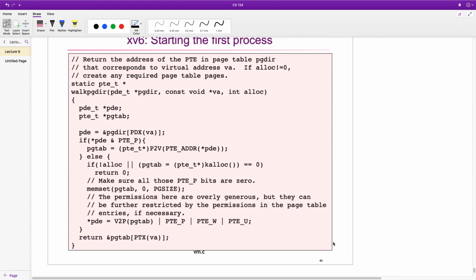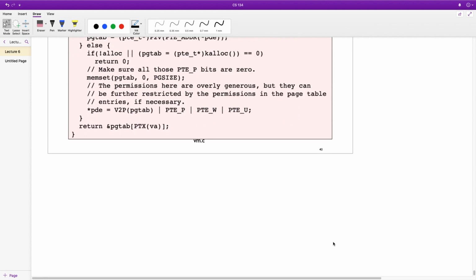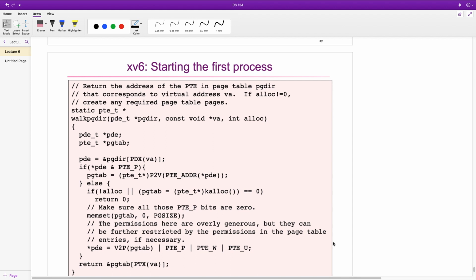And walk page dir, I'm guessing since Lab 2 is due tomorrow, most of you already wrote a walk page dir. But if not, good for you, because you only have one day to do it. So now you know. Okay. Questions on this? All right, let's